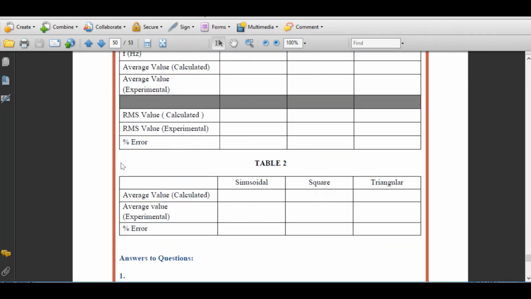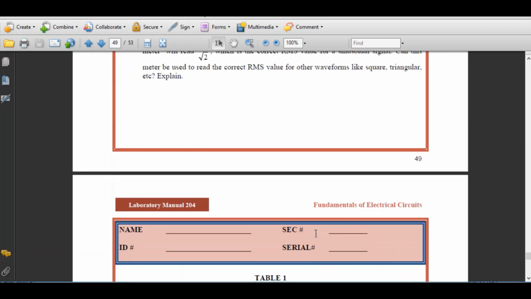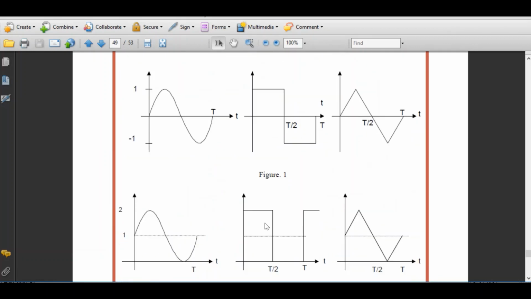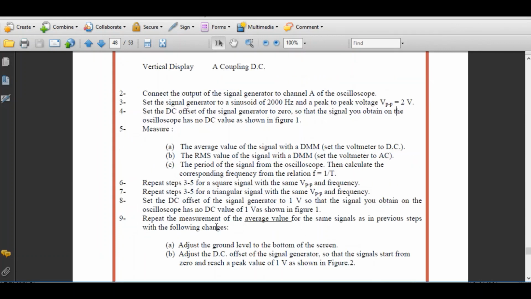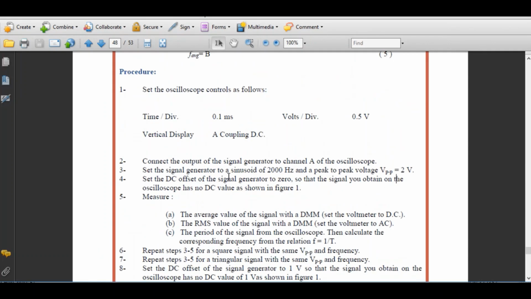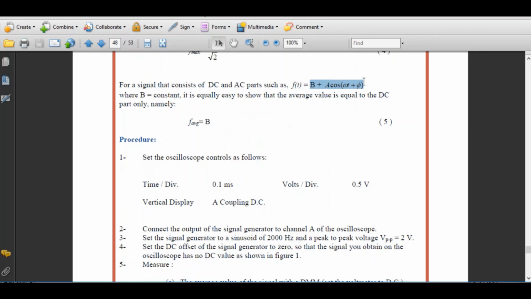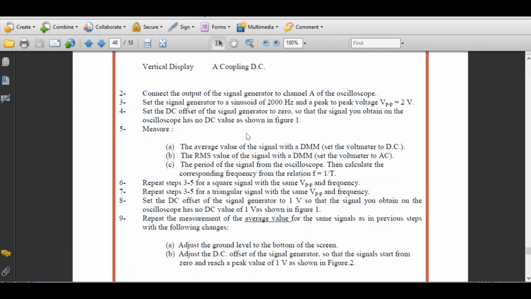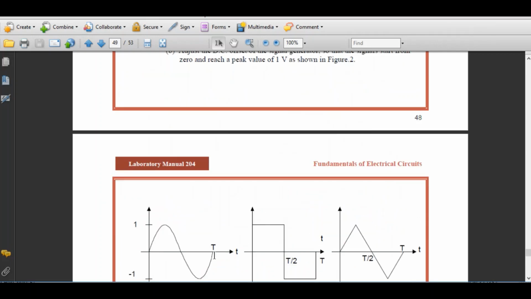Okay, so table 2 you have to repeat while adding a constant value, or some DC offset, to the same waveforms. Now how can we do that? In experiment number 7 we have seen that we can add a DC value, which is a constant value. Using the function generator, and definitely for the first set of waveforms,